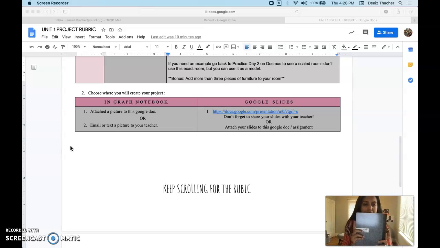So it should look like this, or maybe you have some other graph paper laying around where you live, or if you have access to printing it out, you could also do that. You could also, so if you choose that option, make sure to attach a picture to this Google Doc, or if you're not sure how to do that, you're going to email or text a picture of your project to